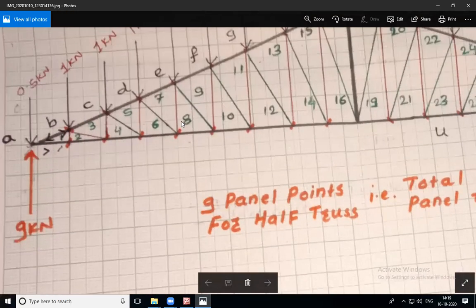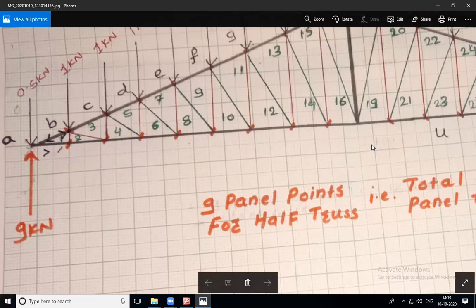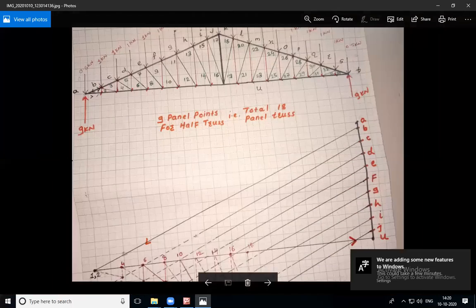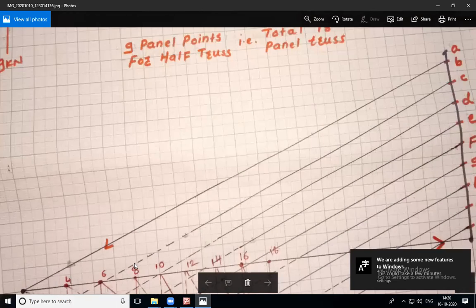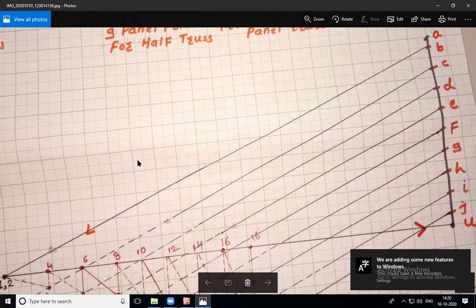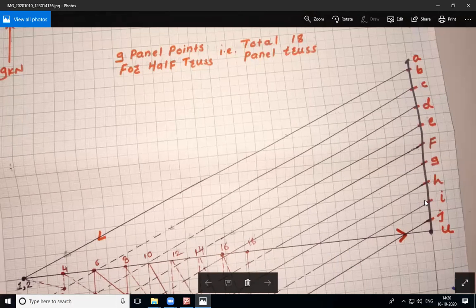1 to U. Okay, so this is U, so all these members are U. Now here we have to find out only for these smaller members, isn't it? This one panel, this one member, this one member, this one member, like this. So this small member only. Now move from 1 to U. If you move from 1 to U, where is the location of 1 and U in the vector diagram? See here, this is the location of 1, and this is the location of U. Start from 1, move up to U, it will be in this direction.